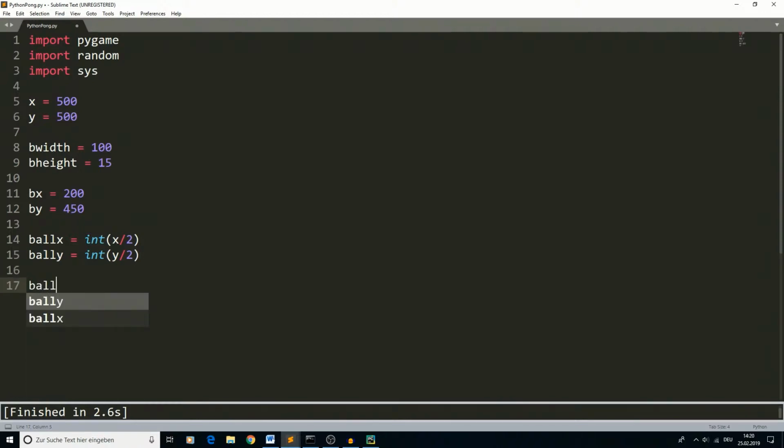Then we are going to set the radius of our ball, which will be 15, and the speed of our bed, which will be 0, the ball x speed, which is 1, and the ball y speed equals -2. The player will have 3 lives in order to play this game, and then we will initialize our pygame module,